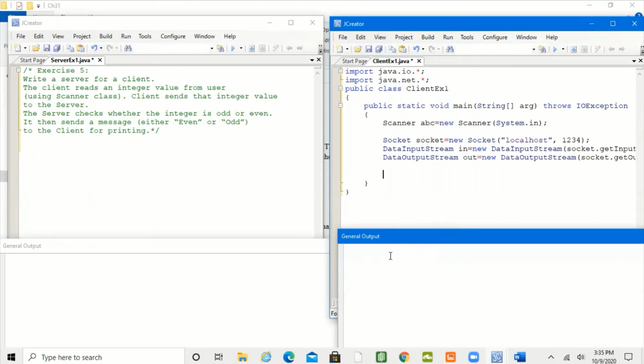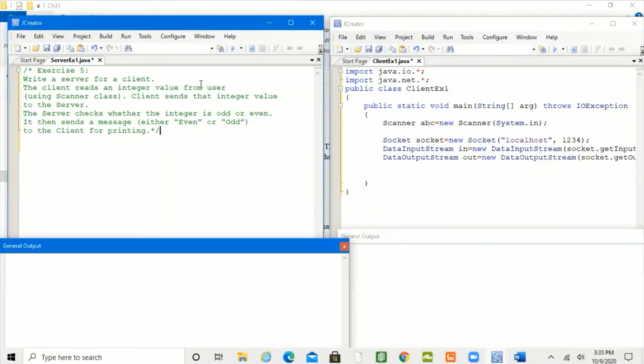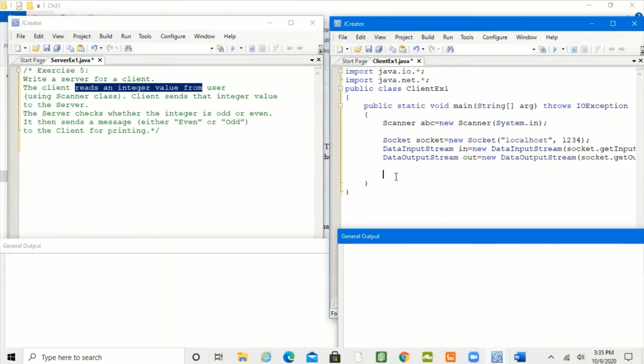Now our program starts. The program says the client reads an integer value from the user. So let me print System.out.println, in double quotation marks, "Enter an integer value". This statement will print the message, and then I read a value.